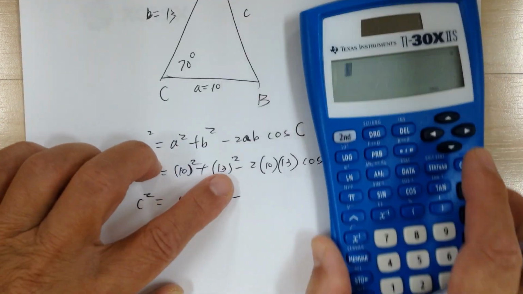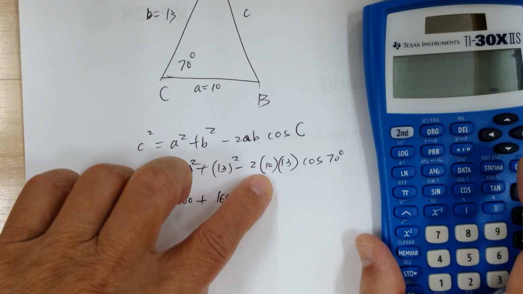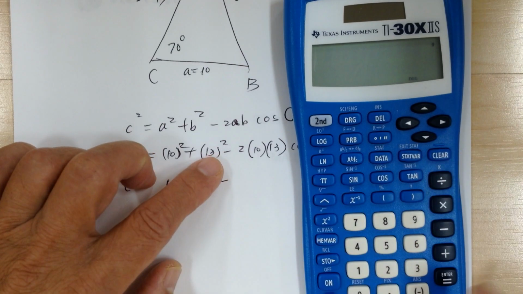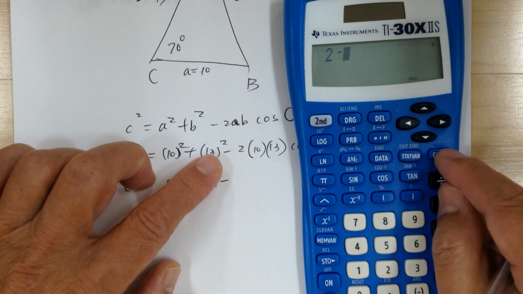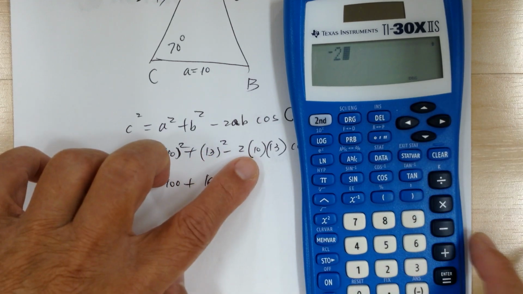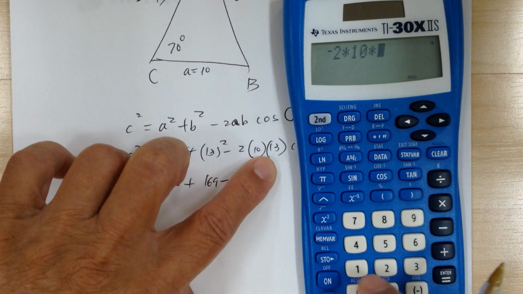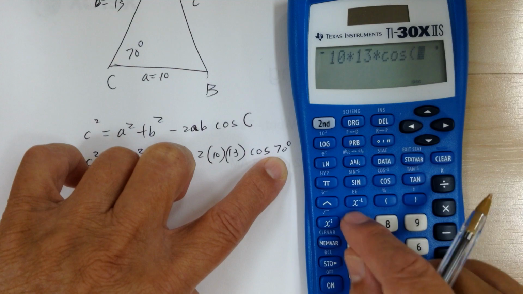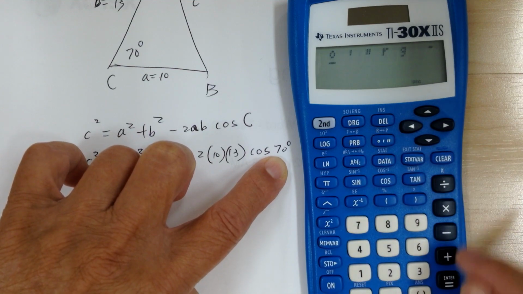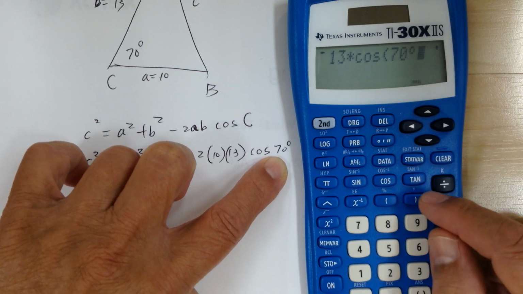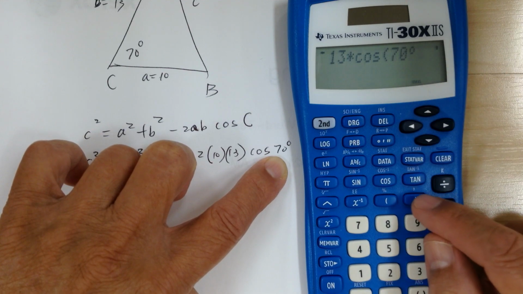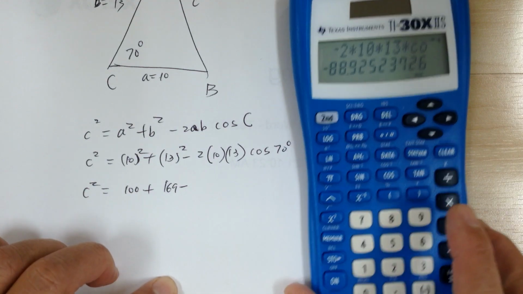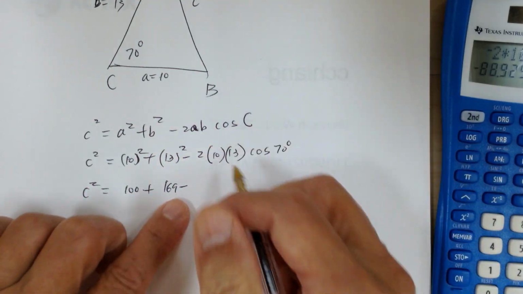Okay, let's do this then. Use negative 2 times 10 times 13 times cosine of 70. So negative 2 times 10 times 13 times cosine of 70 degrees. Make sure the degree mode is on over here. If you don't, you might think it's radians, which we'll cover later on. Okay, and push equal. So this will give you a negative,